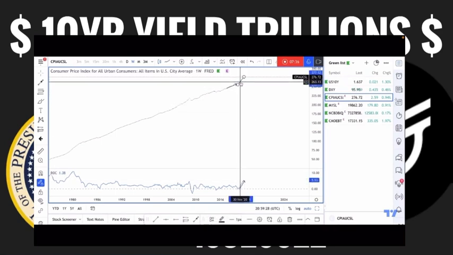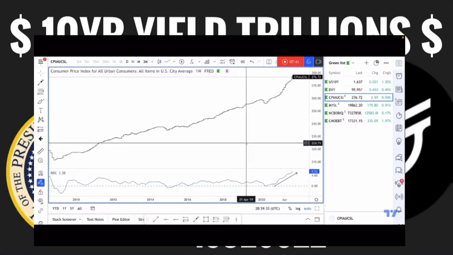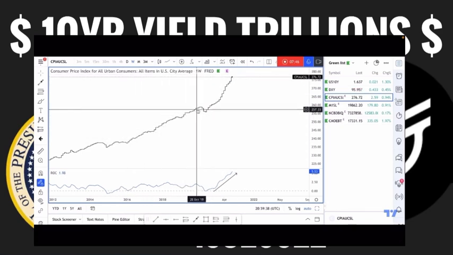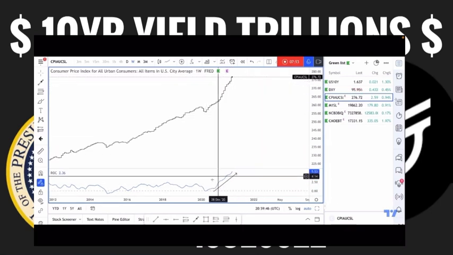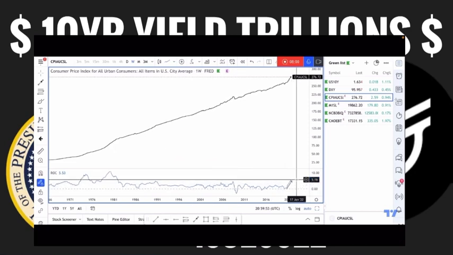If I get rid of this arrow and this arrow here, and make that a line chart, you can see how this has kicked up a gear. Previously it was rising steadily, had a little break, and now has been absolutely flying up. That gives you an indication of the momentum we have rising at the moment in CPI data. If we look at the rate of change, that 5.53 reading at the moment, and put a level across the top of that, you can see that